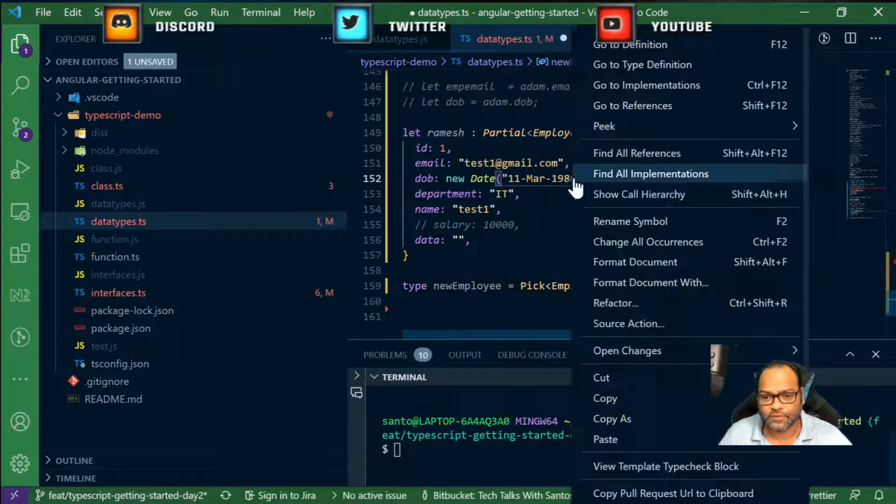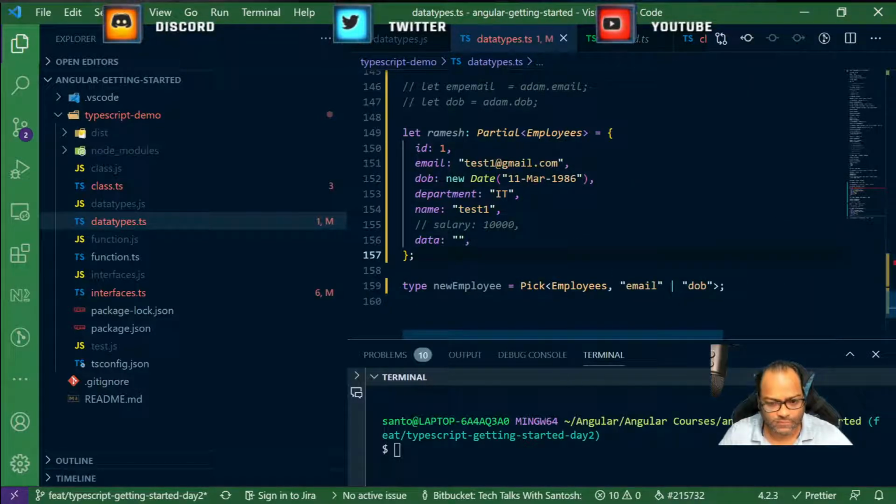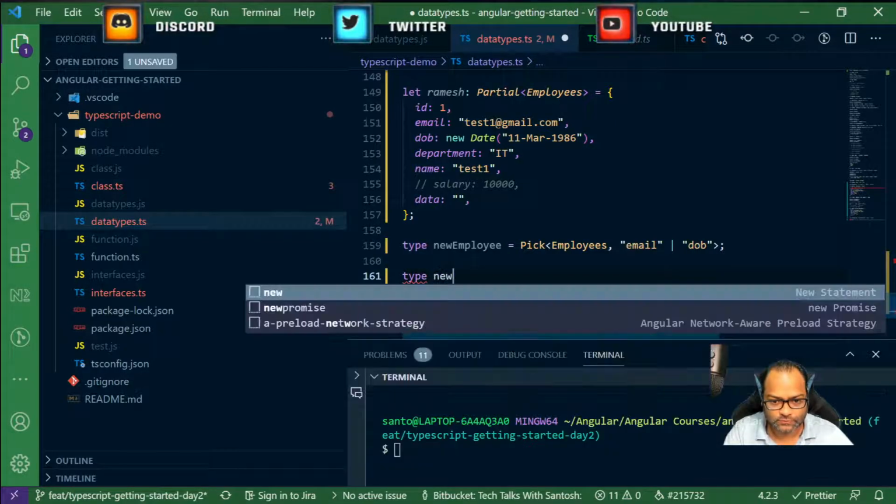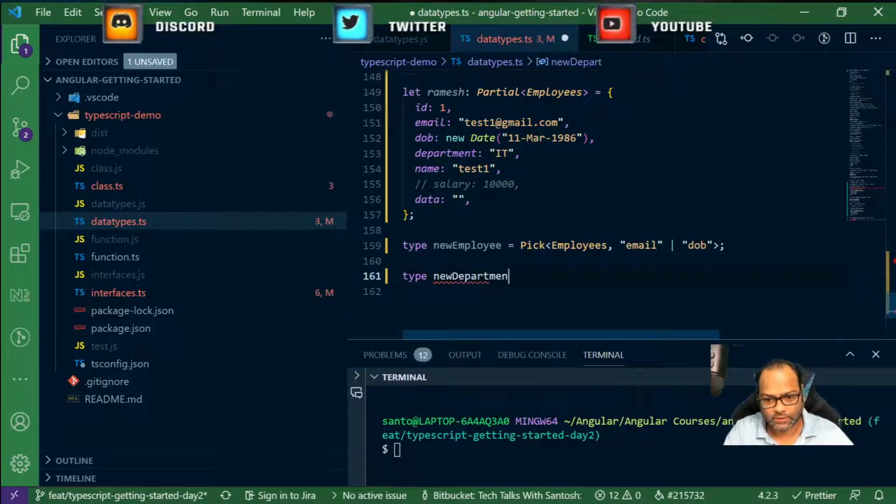So you can also use, I think there is another utility type which is known as omit. So you can create a new type from the existing interface by omitting some properties. So here I can say, okay, this is new department, and from where I want to omit.